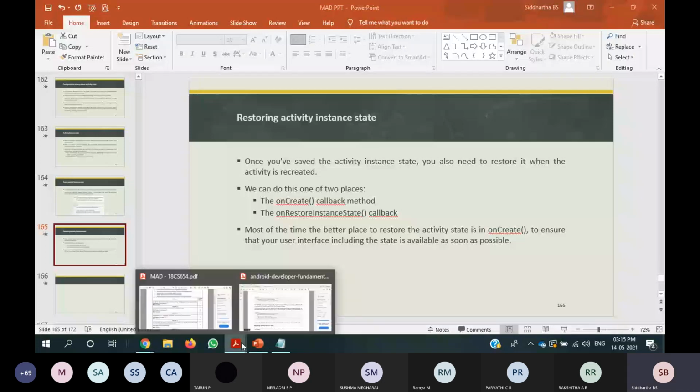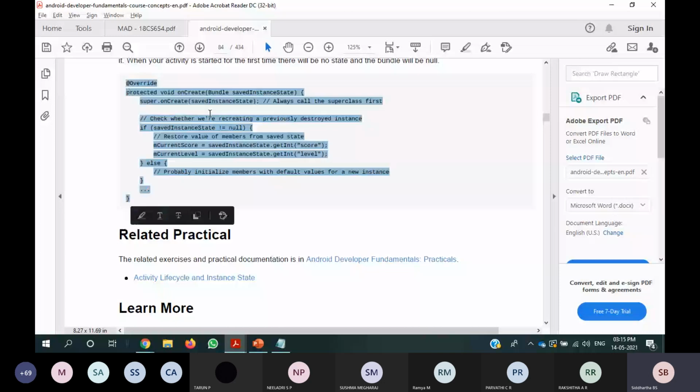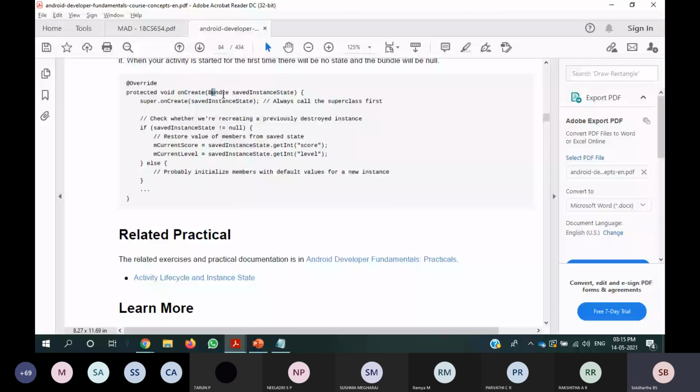In the onCreate method you pass a bundle, savedInstanceState. First we need to check whether the bundle is null or not, whether there is no information or not. We check that bundle against null, and then we restore the values of members from the state.